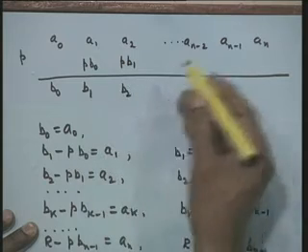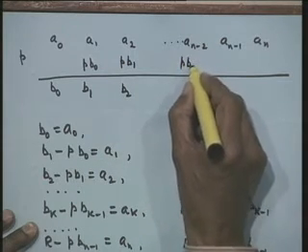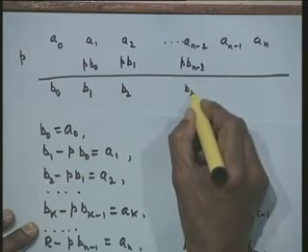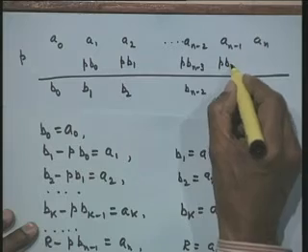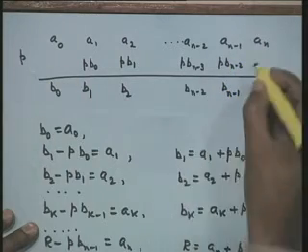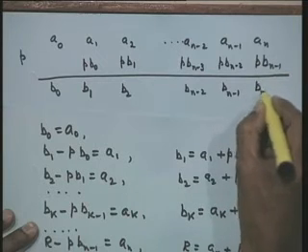Now, we proceed on like this. At this moment, I have got here P into Bn minus 3 available to me. I will get here Bn minus 2, then P into Bn minus 2 will give me Bn minus 1, P into Bn minus 1 will give me Bn.